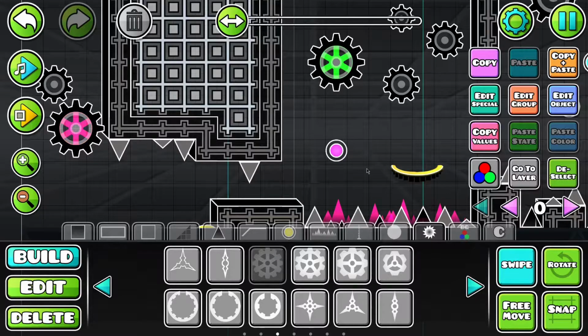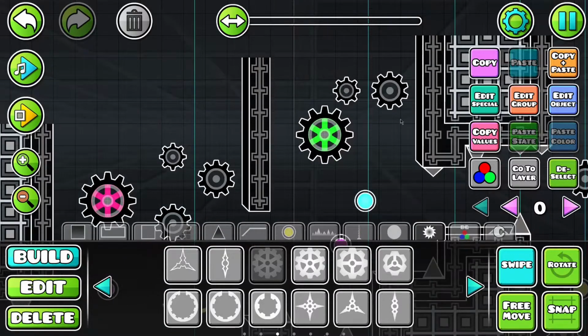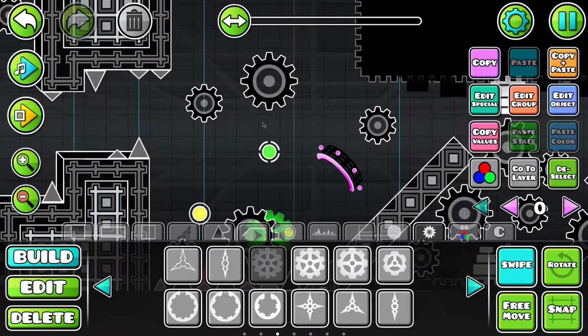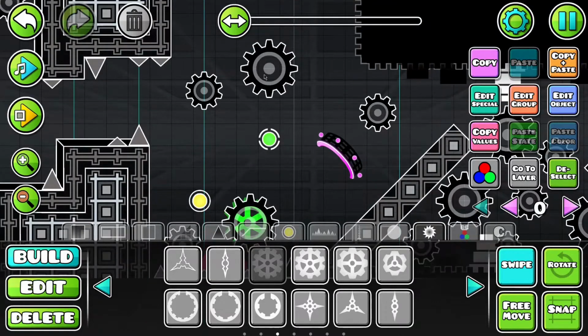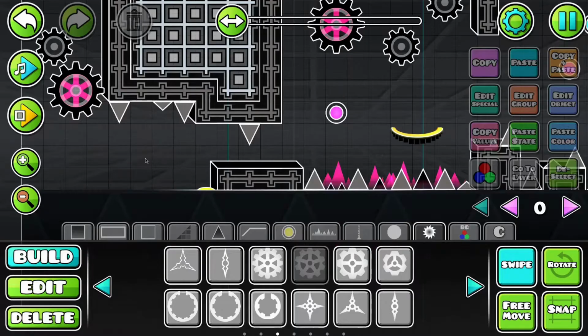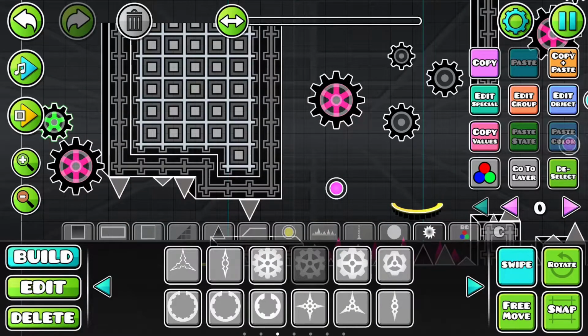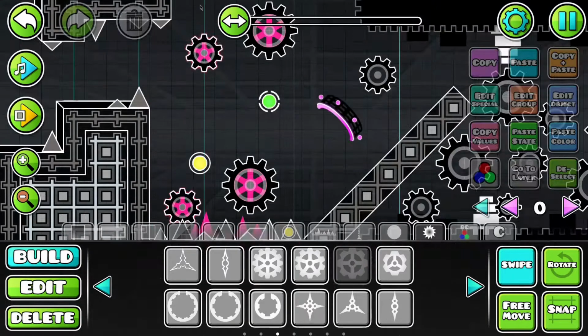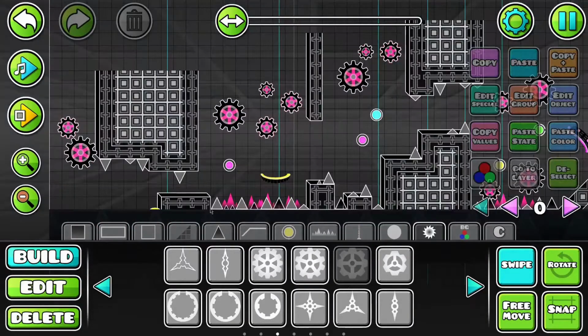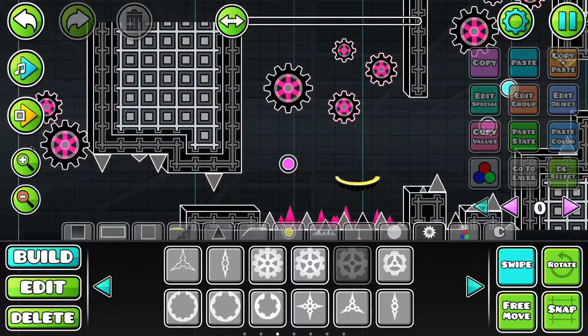So this is what I'm going to do, at least for the cube part. And you just want to place them in where the cube is. Did that. And then basically you want to find the same object, same thing, and make it for the smaller ones. Okay, so once you've done these spikes, the saw blades, I mean,